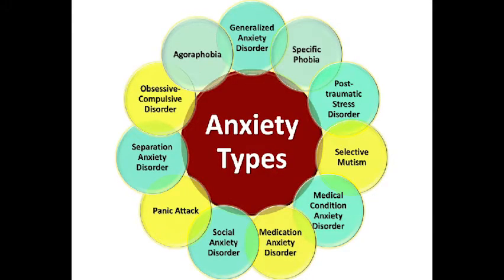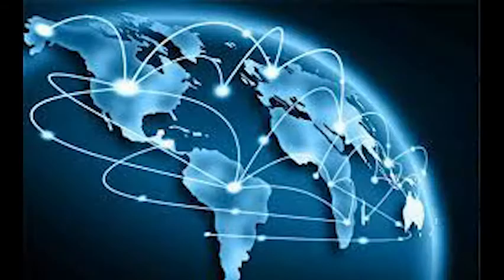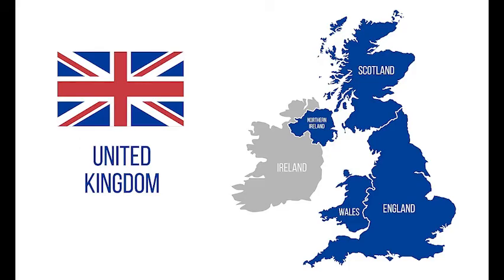Many people know about anxiety, but they tend to assume that it's an umbrella term when in actual fact there are many different types that have varying effects on an individual. One of the most common types of anxiety is GAD, or Generalized Anxiety Disorder. This occurs in around 43% of all people worldwide and also affects 5% of the population of the United Kingdom